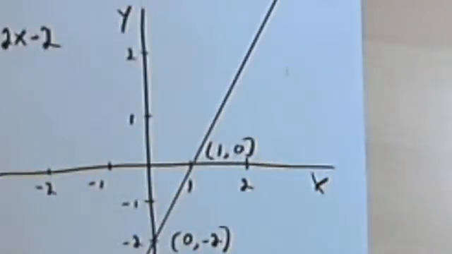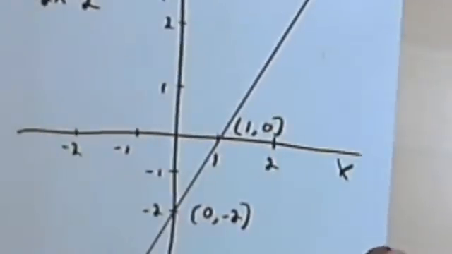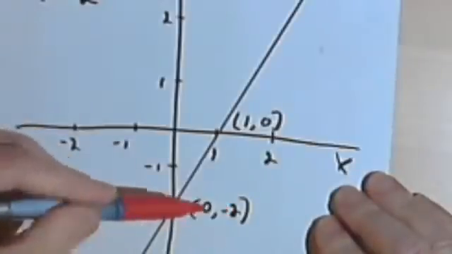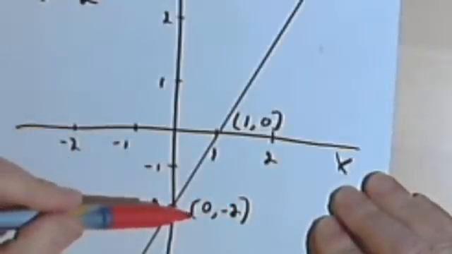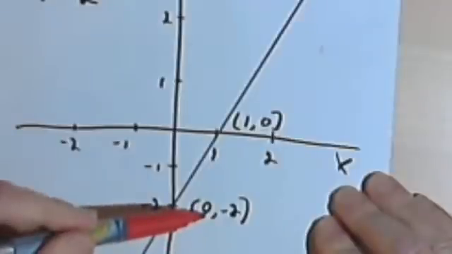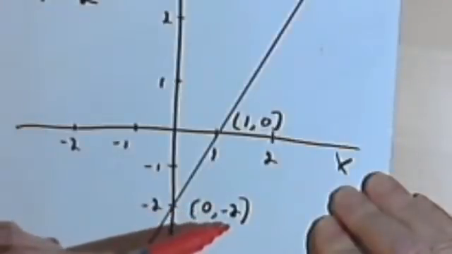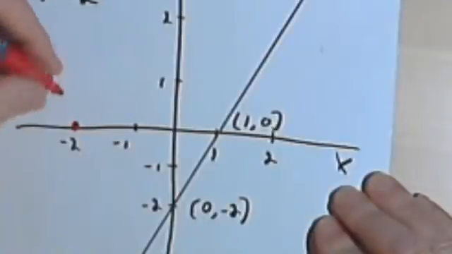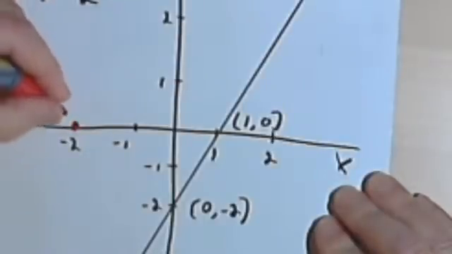Now let's think about it. If I'm going to do the graph of the inverse function, then what it means is I'm going to be swapping my x and my y values. So if I've got a point 0, negative 2 for my original function, that means in my inverse I'm going to have the point negative 2, 0. Which would be right here. I'll put that in red. Negative 2,